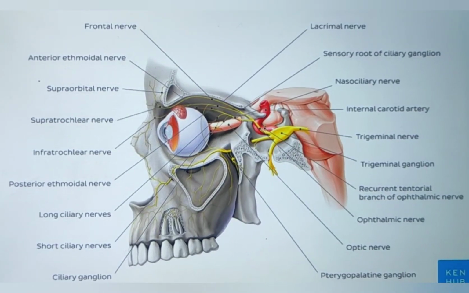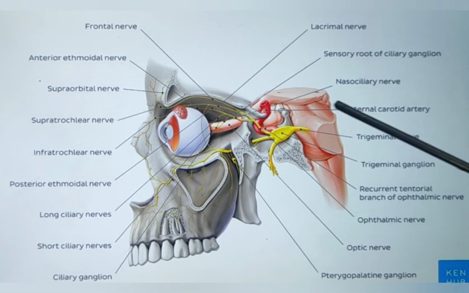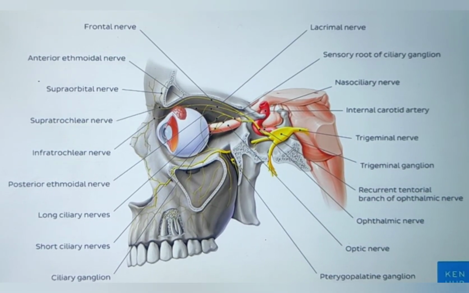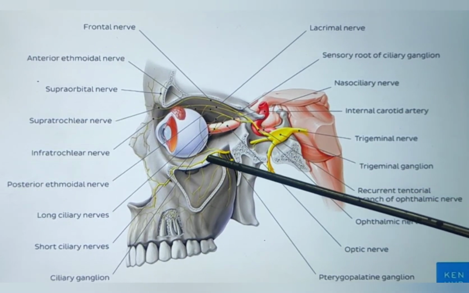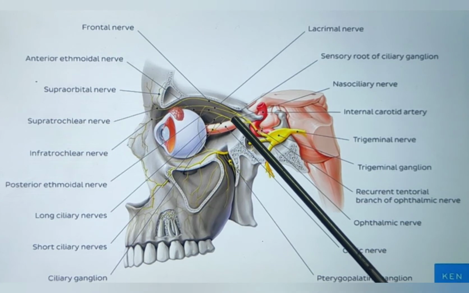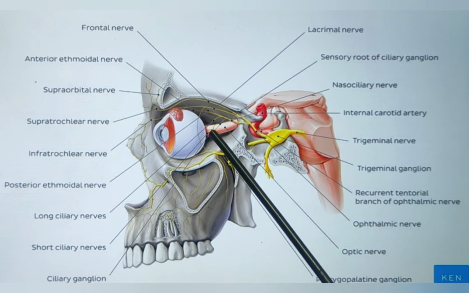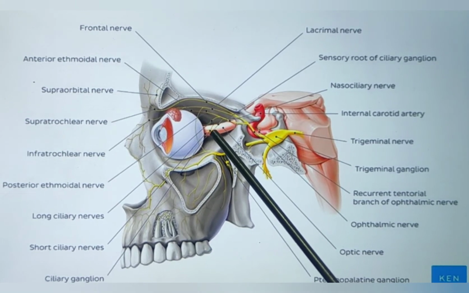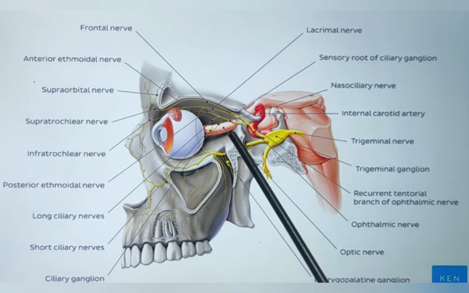Now the third branch of the ophthalmic division, that is the nasociliary nerve. It comes out of the superior orbital fissure and then it moves forward along the medial border of the orbital roof, and then it gives out many branches, and the first branch which it gives is the short ciliary nerve, and this nerve sends a communicating branch to the ciliary ganglion and then directly enters into the eyeball. As you can see here, this is the ciliary ganglion, and then this short ciliary nerve provides sensory fibers through the ganglion to the eyeball.